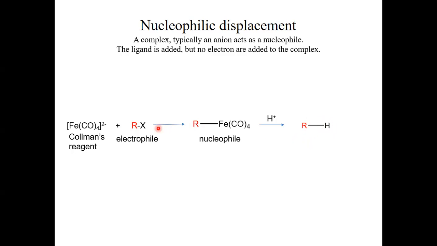So we can actually reduce an alkyl halide to an alkane this way. If you add O2, then you can just oxidize the carbon here, which is attached to the iron, and make a carboxylic acid. If you add another alkyl halide,